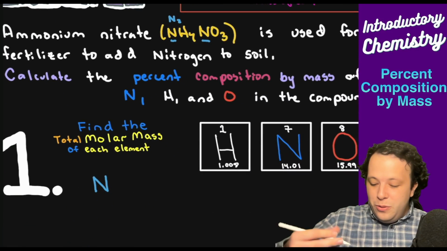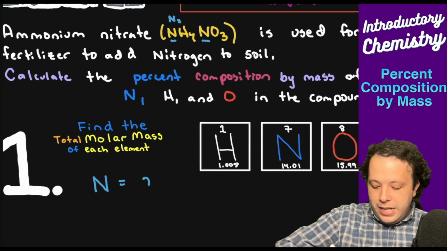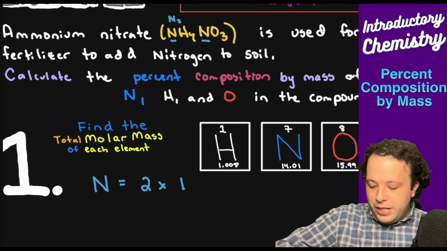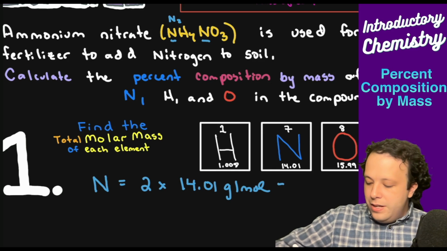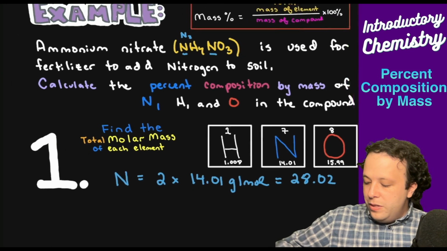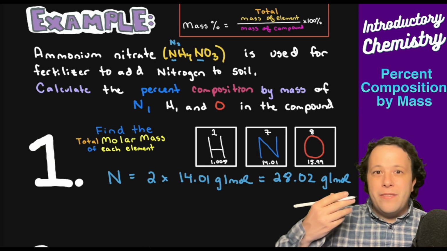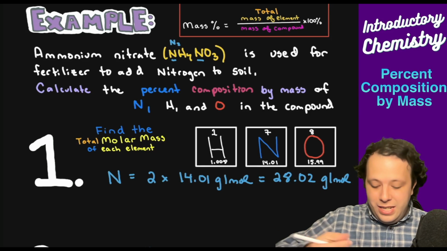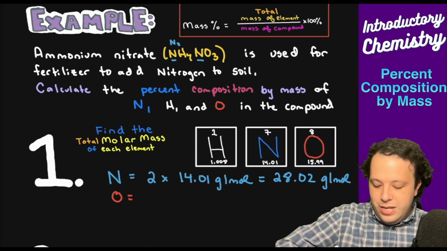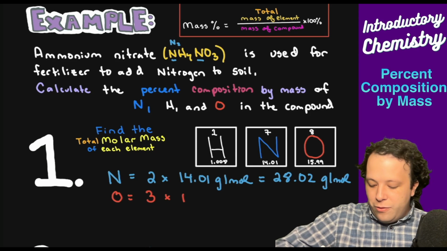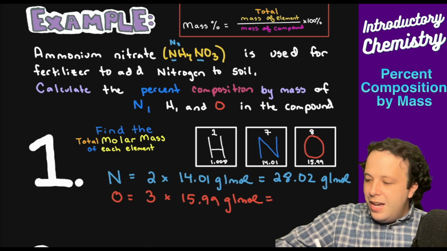So if there are 2 of them, what we're going to do is take 2 times its molecular mass, which is 14.01 grams per mole. And that total is going to be 28.02 grams per mole for nitrogen. Now we got to do the same thing for oxygen. Being that we have 3 atoms of oxygen in this formula, that's going to be 3 times 15.99 grams per mole. And that's going to equal